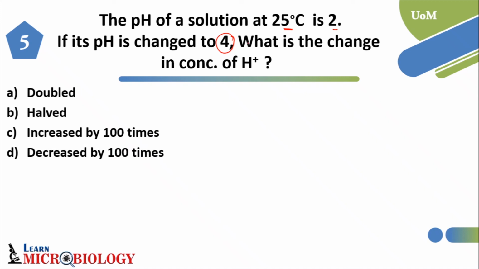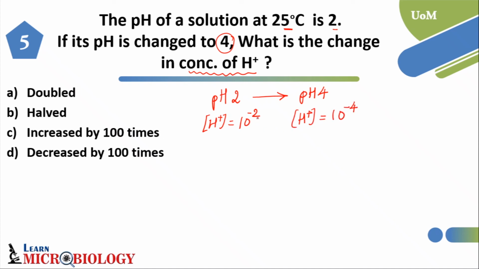So this is our option. So as it is provided in this question, the solution was of pH 2 and its pH was increased to 4. So pH was increased, maybe they have added certain alkali, okay, to do that. Now we need to find out what will be the pattern of the change in the hydrogen ion concentration. So we know how to calculate hydrogen ion concentration from the pH, right? So if pH is 2, what will be the hydrogen concentration? It is going to be 10 raised to minus 2, correct? Similarly over here it is going to be 10 raised to minus 4.